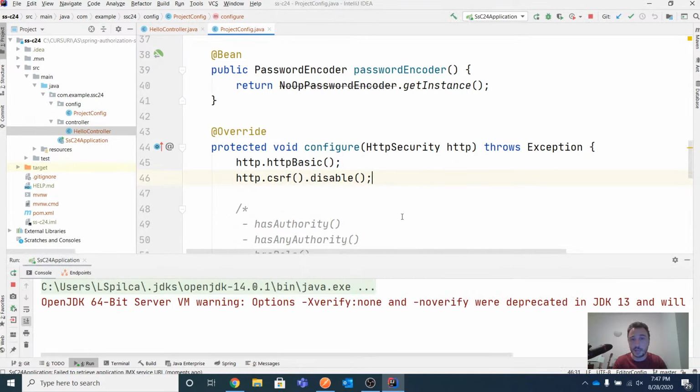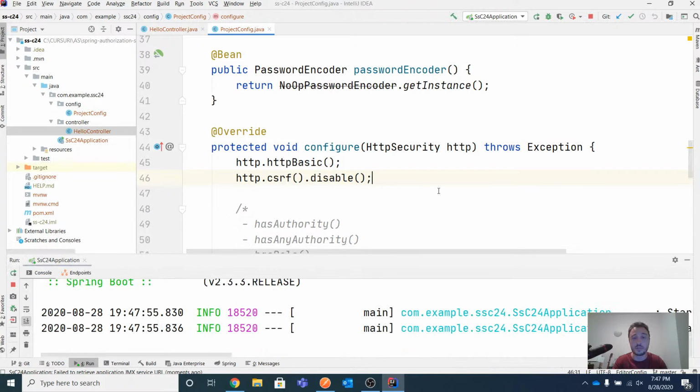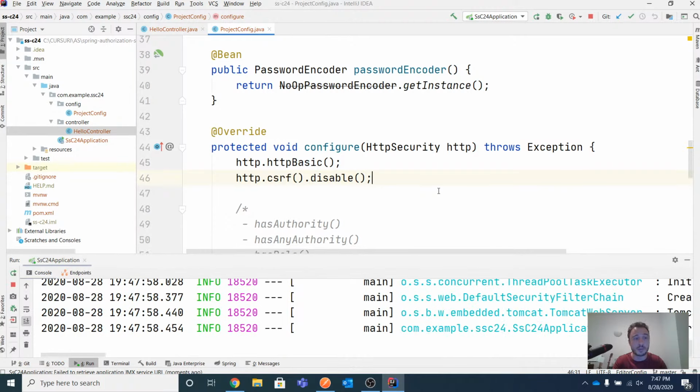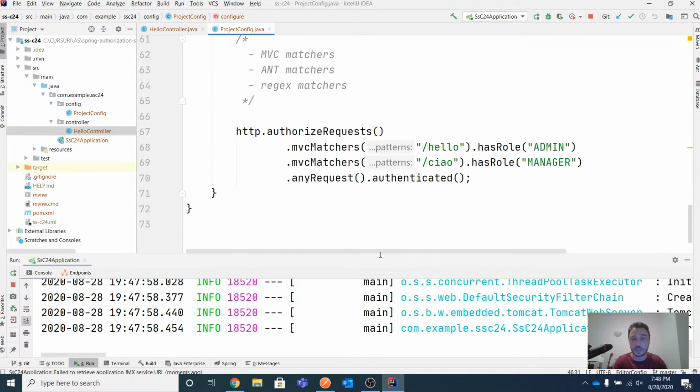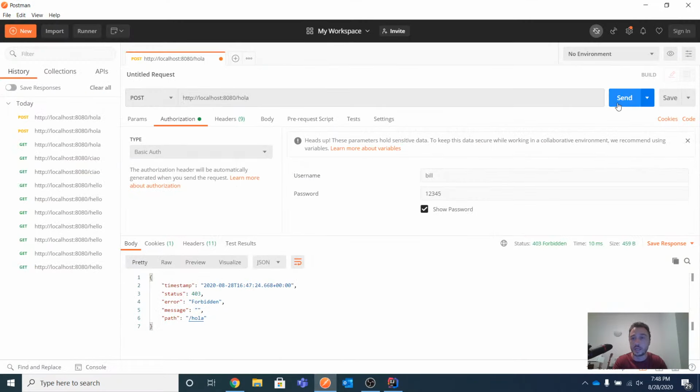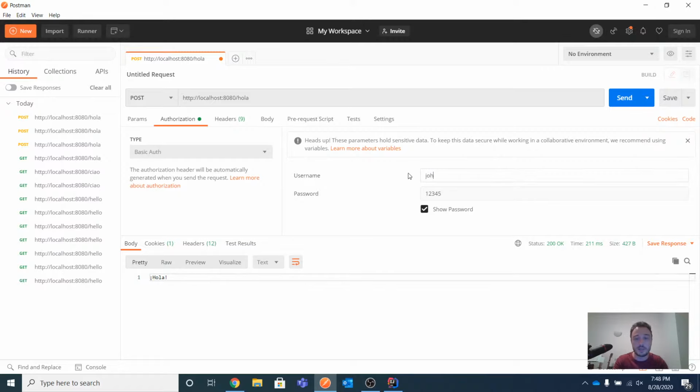Remember, for any post, delete, and so on, endpoint Spring Security applies the cross-site request forgery protection, and that's why I wasn't able to call the OLA endpoint. So let's try it again. So you see now I'm able, and you see it's also with the nice exclamation mark here. So you see Bill and John can both call the OLA endpoint. Okay, so that's how my